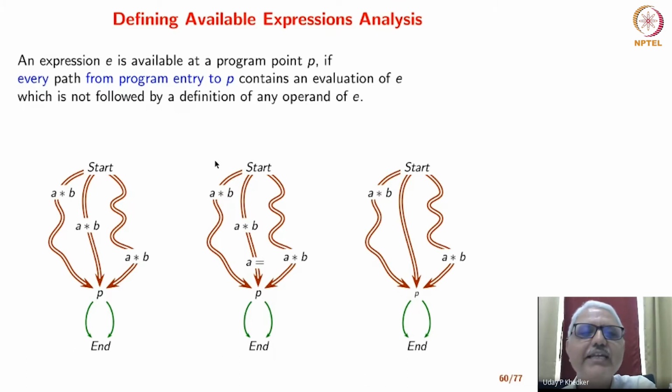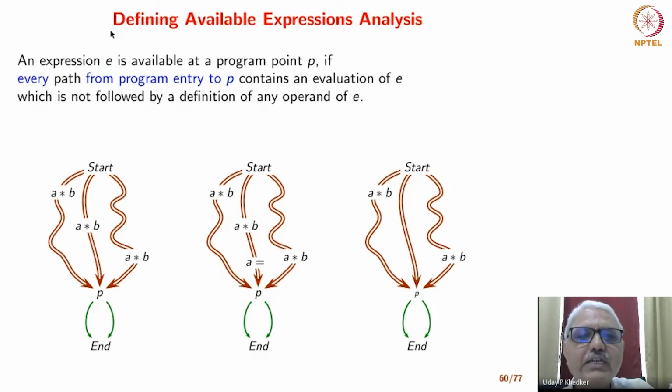So this available expressions analysis is used for common subexpression elimination, the global common subexpression elimination. You know, the examples of 4 star I and 4 star J and 4 star N that we saw in our motivating example. For that, we perform available expressions analysis. Okay, so let's look at the definition.